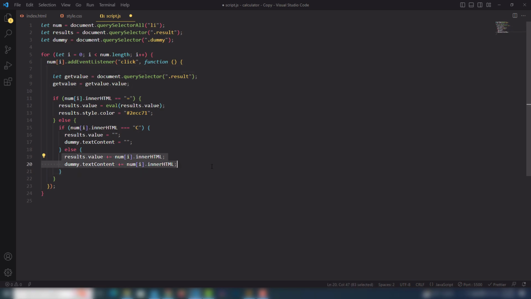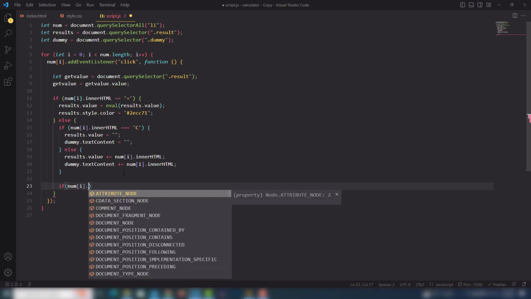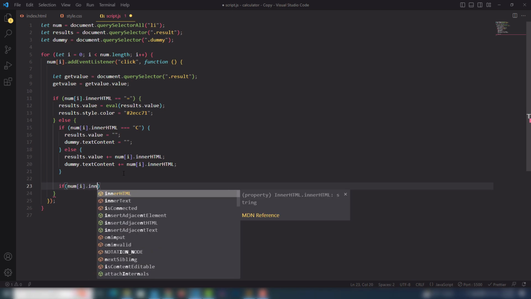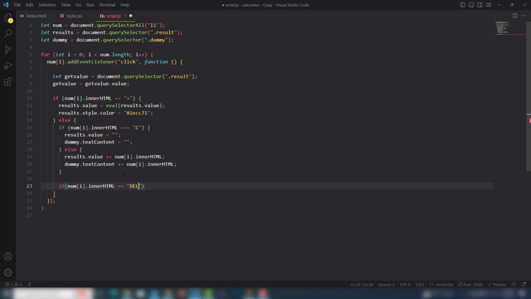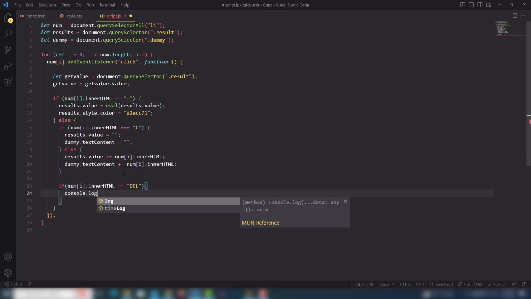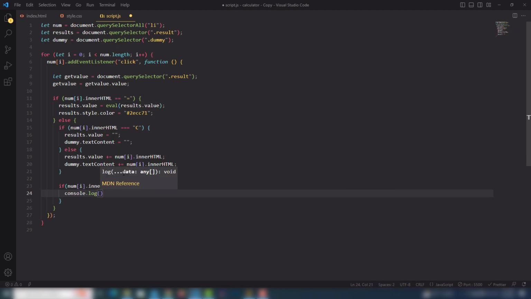After the else statement, I will use an if statement. I call num I dot inner HTML triple equal del, come into the if body. In the if body, I need to select my result. First I'm going to share with you what happened when you will click on the delete button. First of all, I'm going to share with you this one code, get value,